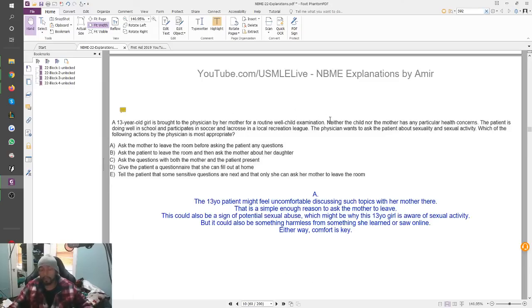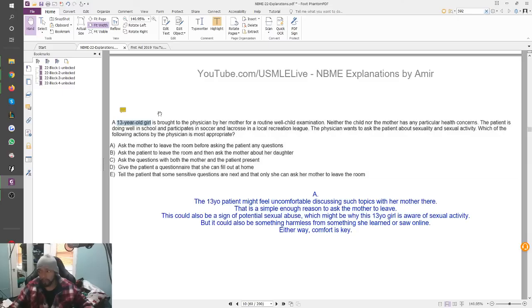Many Eastern countries don't believe in discussing sexual topics with the patient, a 13-year-old girl, without the parent there, right? And many Eastern countries also believe in sharing openly any sexual conversations done with their child with the parents. That's wrong in America, and it's wrong in general. You can't do that because then you take away the comfort that this child would have in discussing such topics